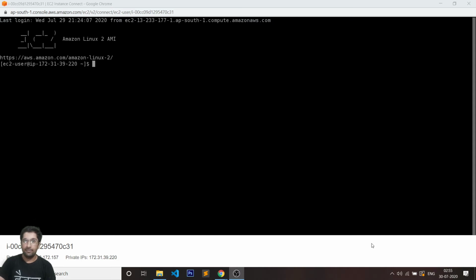Hi guys, my name is Divesh and today I'm going to talk to you about some basic Linux commands. So as you can see, I am inside my EC2 machine, which is basically an AWS cloud instance. You can try these commands on any Linux machine, either on your system or on a Macintosh.